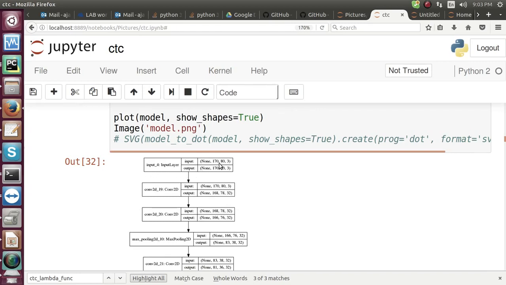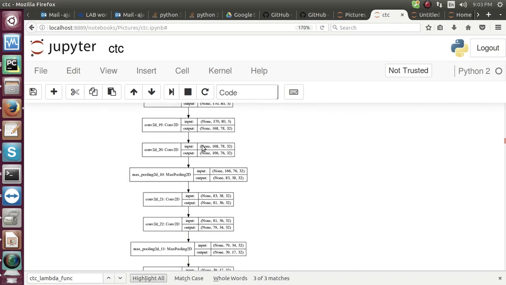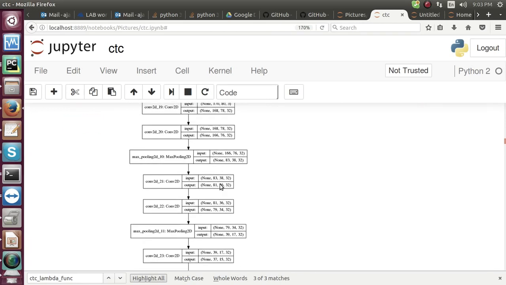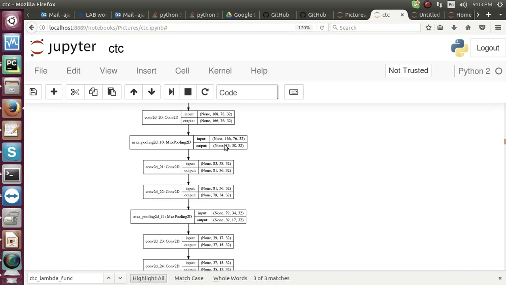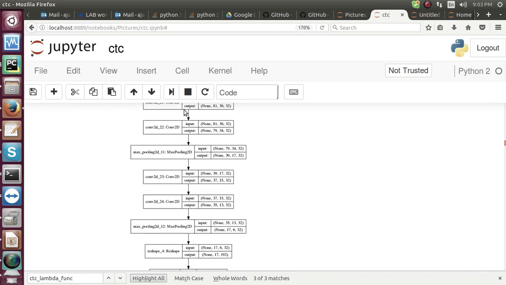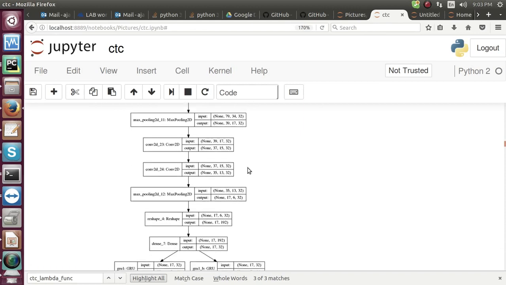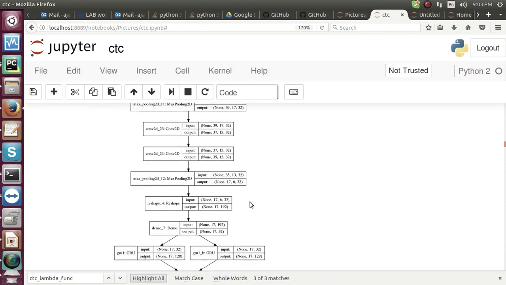This is a three-dimensional input, the size of the layer and the total as an RGB image, containing three blocks. Input and output are the same. Thereafter the first convolutional, second convolutional, third convolutional, and max pooling. I initialize a for loop, so these blocks are repeated three times up to the max pooling.